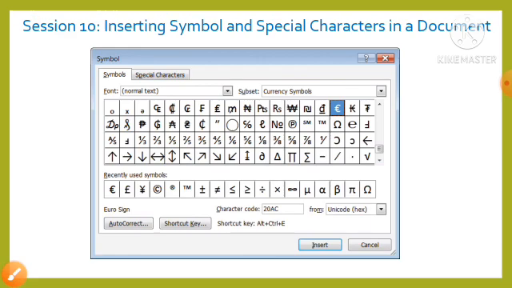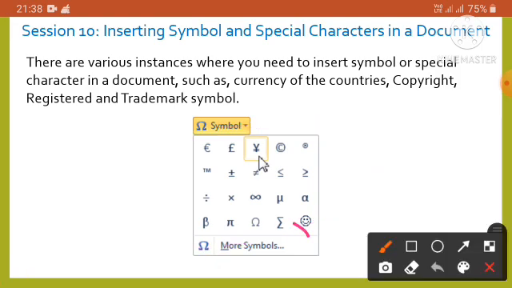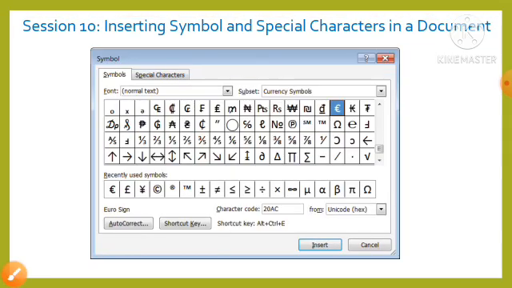In case you do not find the symbol in the drop-down list that we want to insert in a document, then select More Symbols from the drop-down list. Then the Symbol dialog box appears.